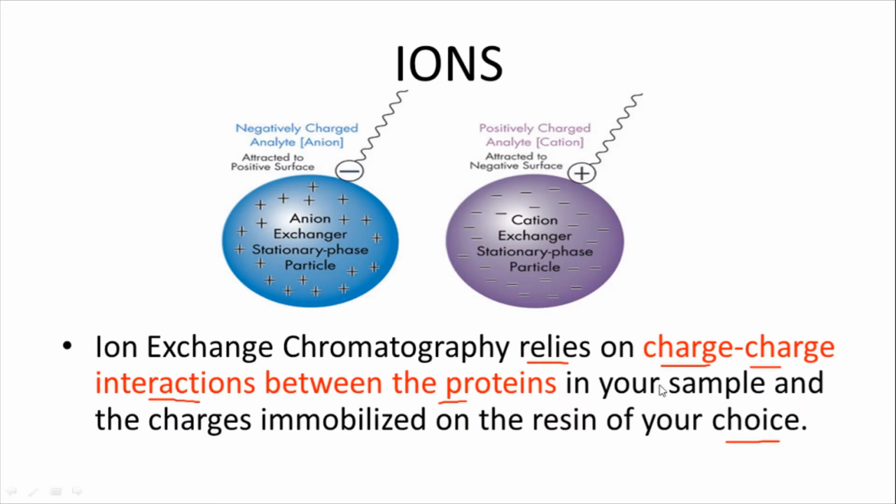Here, whatever type of sample you are choosing, similarly you oppositely choose what type of resin you select. So molecules vary considerably in their charge properties and will exhibit different degrees of interaction with the charged chromatography support according to their difference in overall charge, charge density, and surface charge distribution. The net surface charge of all molecules with ionizable groups is highly pH dependent.